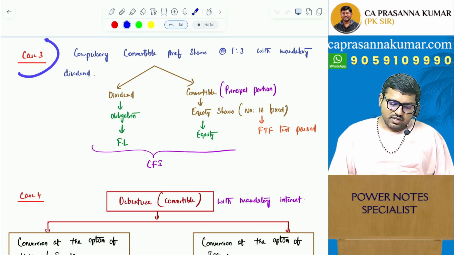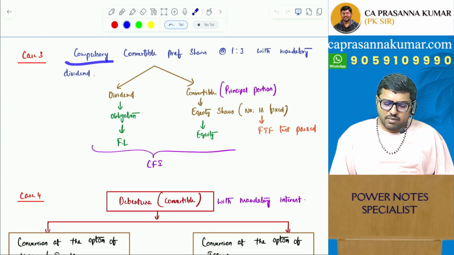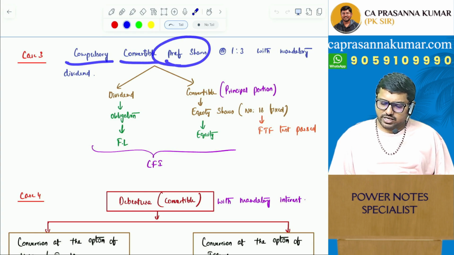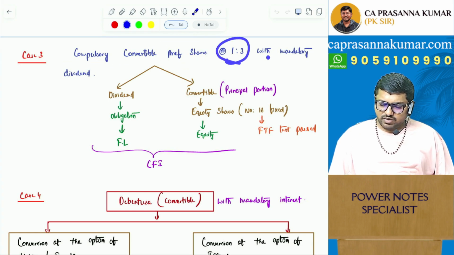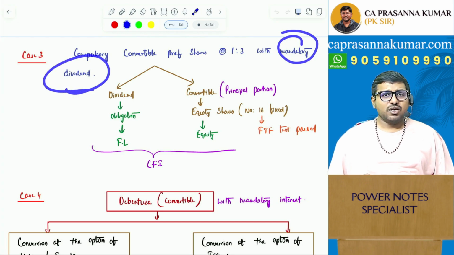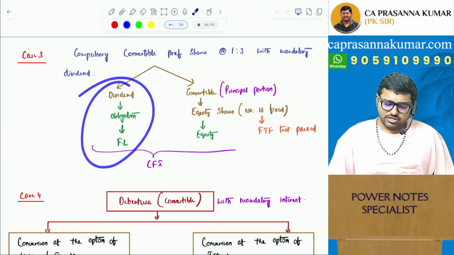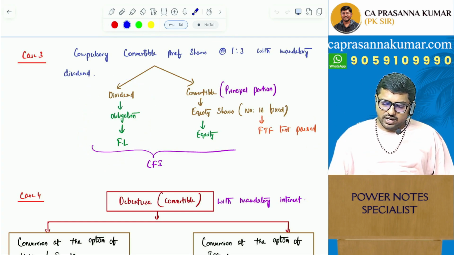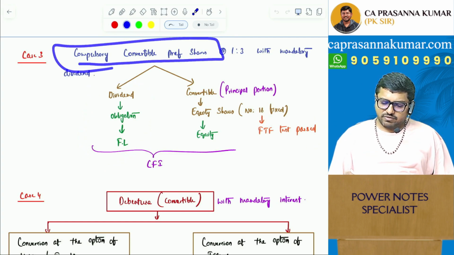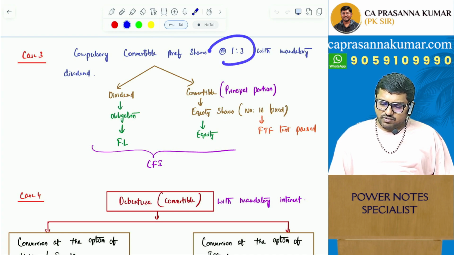Example number 3. Compulsory convertible preference shares at 1:3 with mandatory dividend. Straight away, mandatory dividend means what? You have a contractual obligation to pay cash, which satisfies the definition of financial liability. Therefore, it's a financial liability. Game over. Compulsory convertible preference shares where the conversion ratio is 1:3, which means for every preference share,